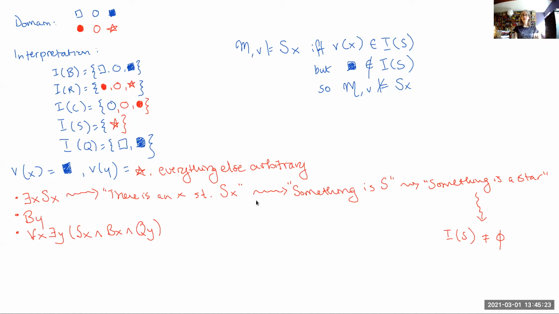That is what the variable assignments and shifting to x variance or y variance does. What this says is, okay, it needn't be the thing that is assigned to x right now, that is s, but can I find something in my domain that is in the interpretation of s? So essentially the question is, can I find a value of,